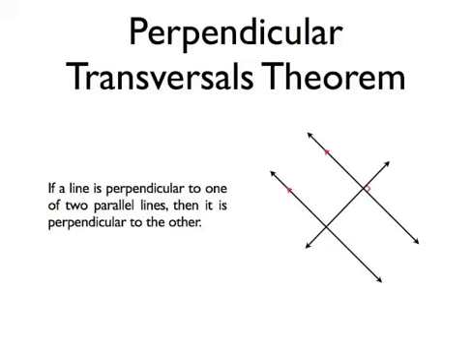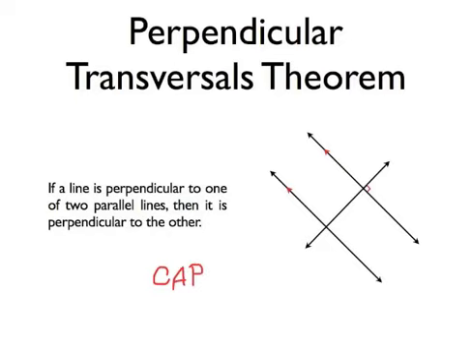So now let's move on to the theorem. The perpendicular transversals theorem says, if a line is perpendicular to one of two parallel lines, then it is perpendicular to the other. The proof of this one is actually pretty easy because the corresponding angles postulate says that corresponding